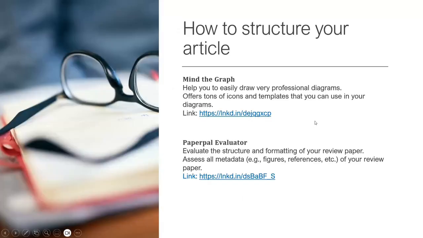There are certain things you can use. For example, if you don't like certain graphs, you can use Mind the Graph, which is again free, and Perpetual Paperpal Evaluator. So these can be used to change figures, references, and things for you. There are certain other